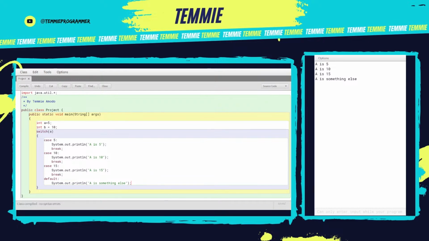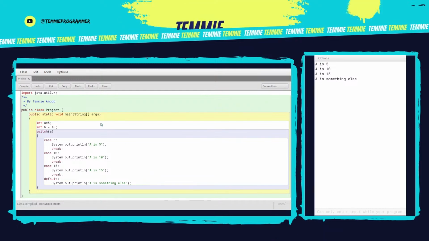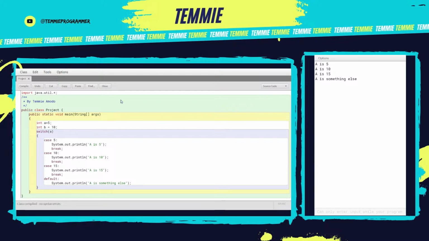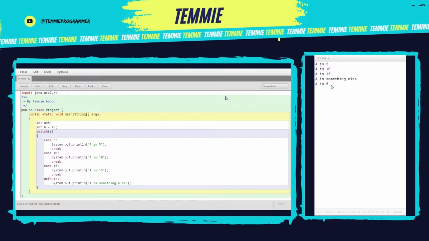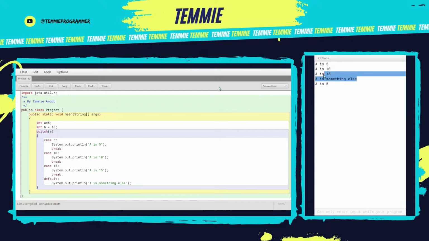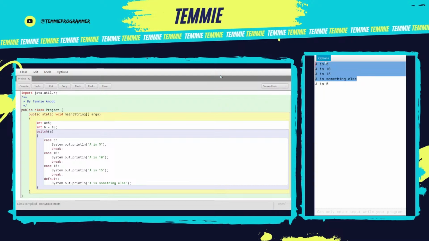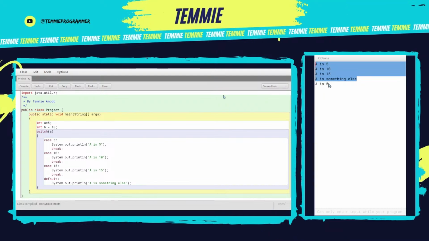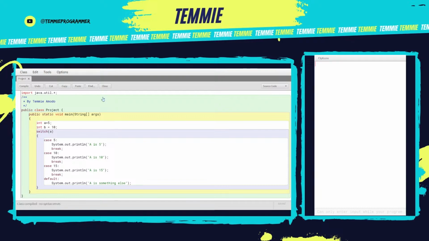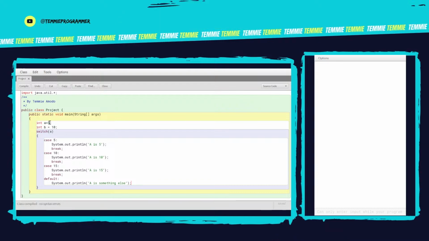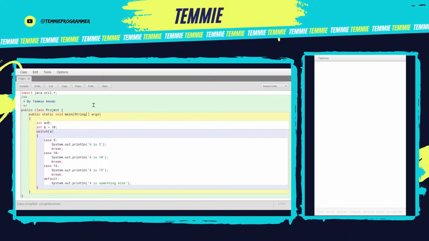So now let's do this and let's go ahead and run the project. Now we get A as 5. Do not ignore the rest of this. This is from earlier, which did not get cleared. A is 5, you can see, right? So it works perfectly. Now, if I were to say that A should be 15, which is where we started,